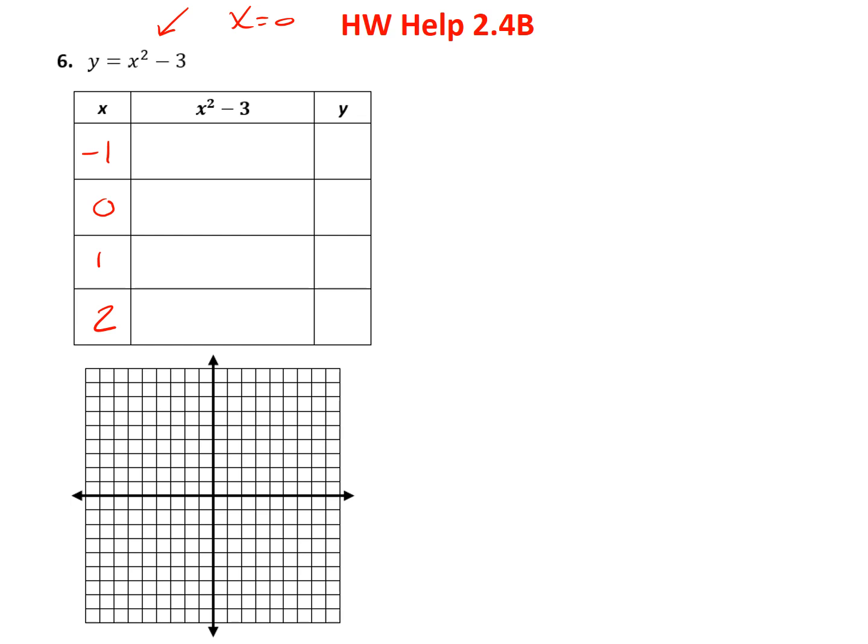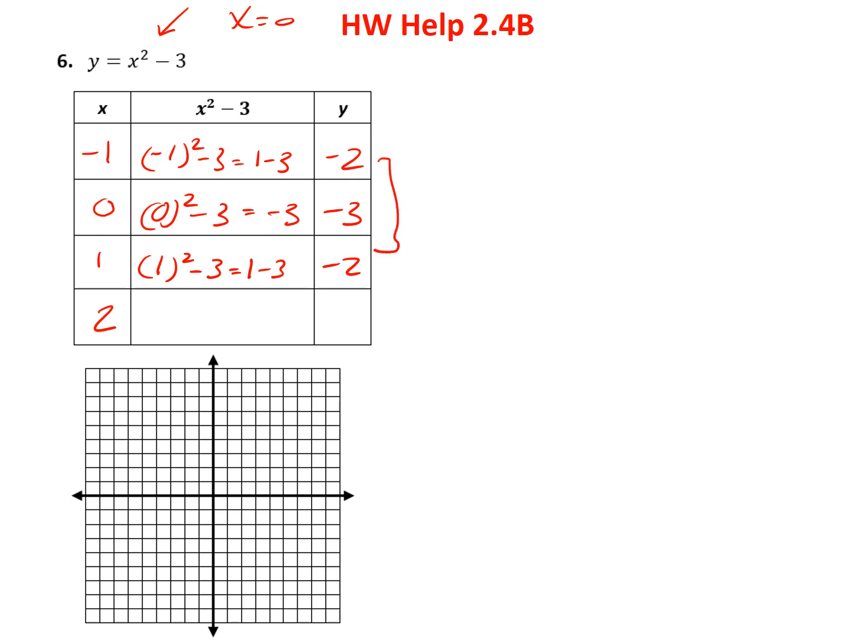And so first of all, I have negative 1 squared minus 3, which is simply going to be 1 minus 3. Remember, a negative times a negative is positive, so this will be negative 2. Now we put in 0 squared minus 3, that's just 0, so that's going to be minus 3. And then for 1, we have 1 squared minus 3 equals, again, 1 minus 3, or negative 2. Notice these two are going to pair up and be the same y. And then 2, we're going to have 2 squared minus 3, which is 4 minus 3,